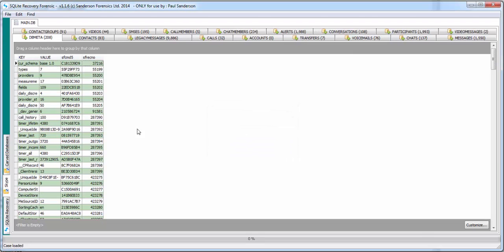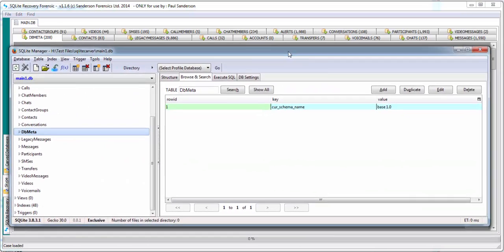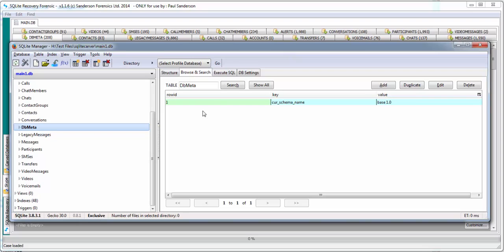So we can do that, and we can see that there's now 208 files, a lot less than there were before. Still quite a lot. The next thing might be to look at a valid SQLite database and see what information is displayed within that database. And if I just drag this across here so you can see it, this is an example of a